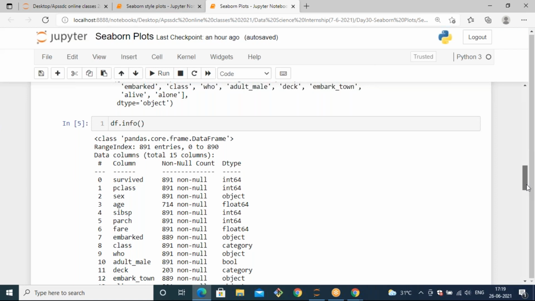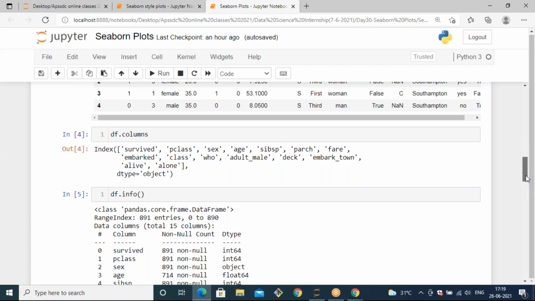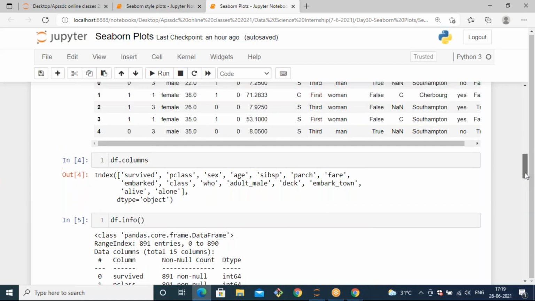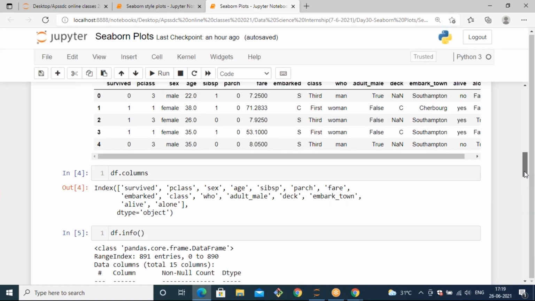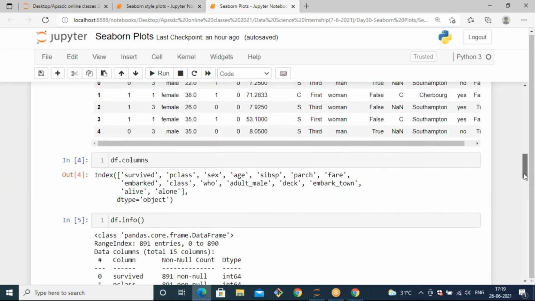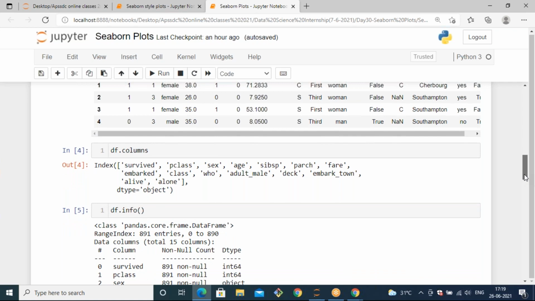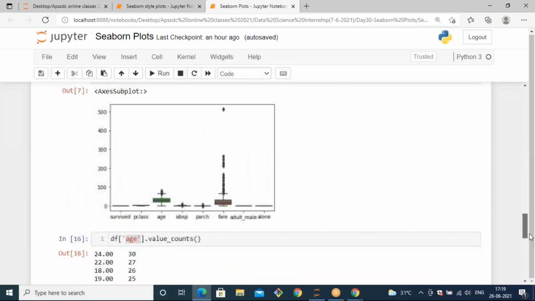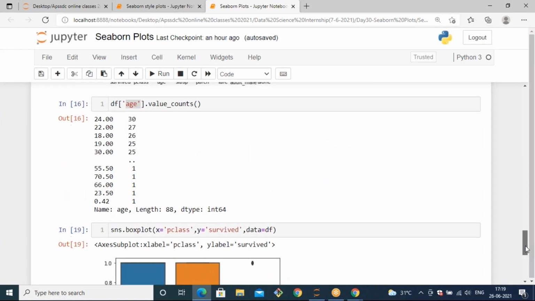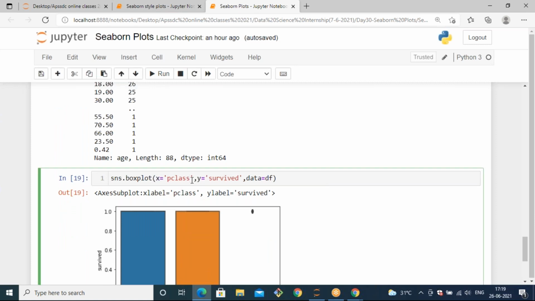Pclass means person class, that is, which class the person traveled in the Titanic dataset: first class, second class, or third class. If I take x as embarked, let's see.